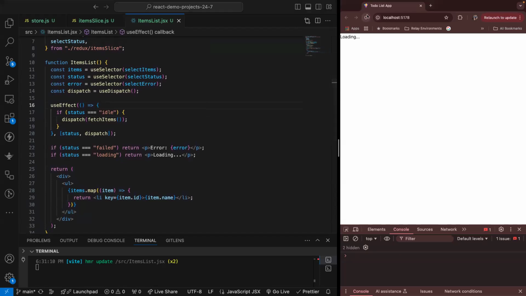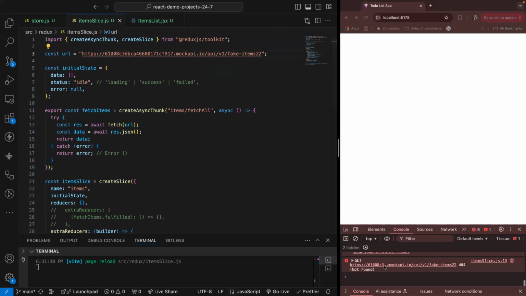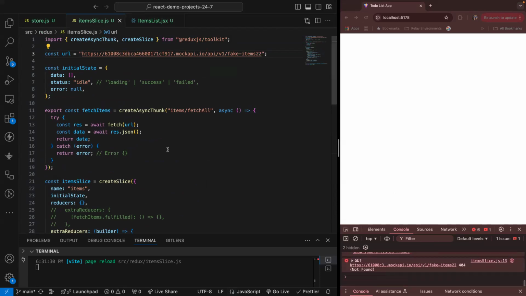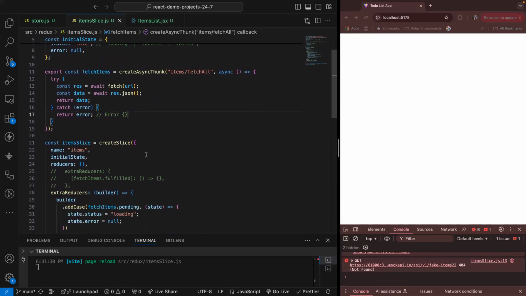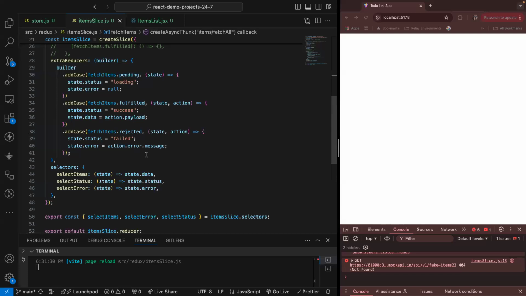All right, so let's refresh. As you can see, right here, loading, and we're displaying the data. What if there is a problem with the URL? If I change something to 2 and save it, loading. Okay, so it says not found, items.map is not a function. Somehow we are not able to set the